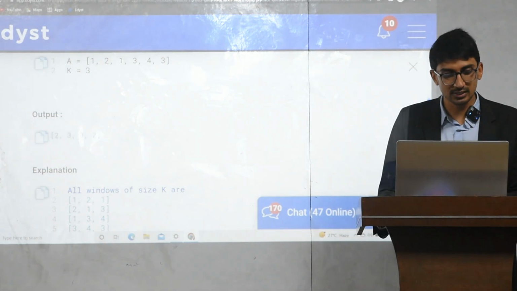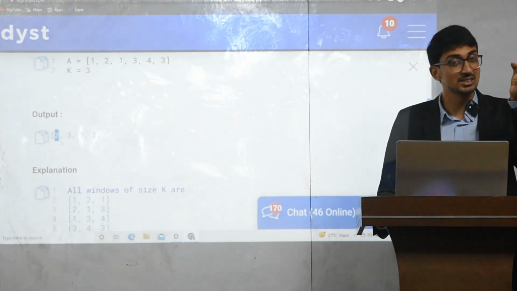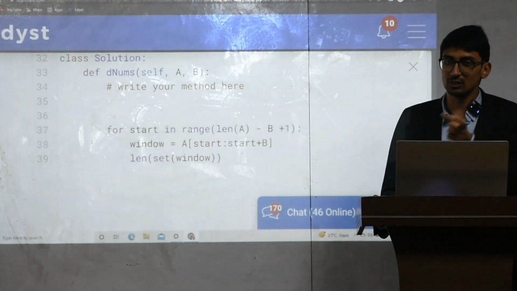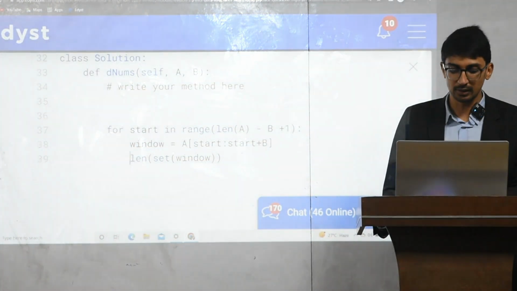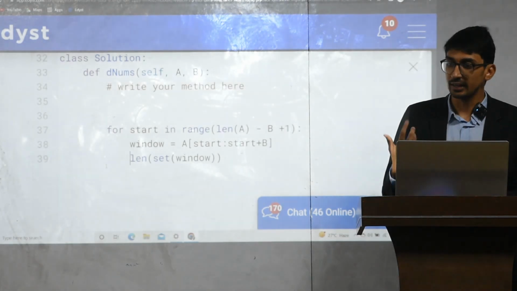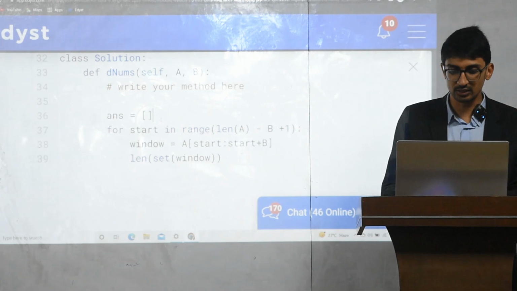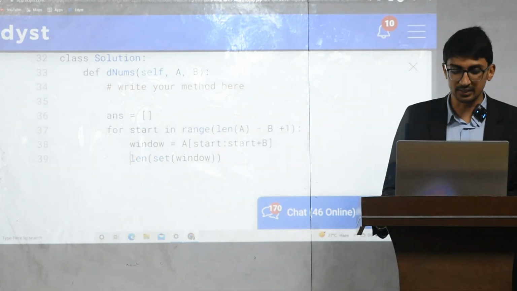So this 2 is what? It is the length of that set of that window, right? So I got the length of the set of the window. What am I going to do now? I will store it into an array. So let's say that array over here, initially I defined it as answer is equal to like this, okay, and I should append it,